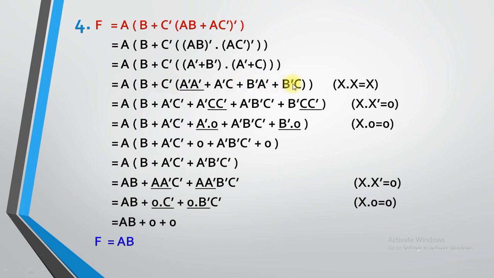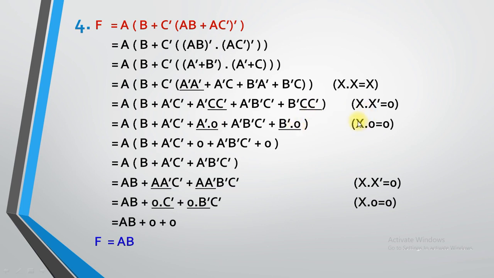To open the given bracket, you need to multiply c dash with the given term. So for that I have applied it: a dash c dash, a dash c dash, a dash b dash c dash and b dash c dash. Now see, out of the given term again c into c dash is there. So if c into c dash is there, it can be replaced by 0. So instead of c into c dash, I have placed 0 over here.